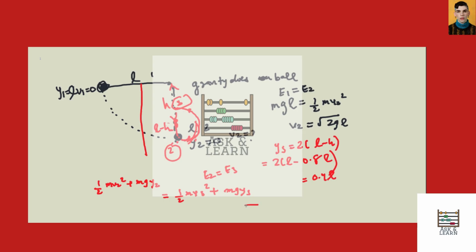Now we'll just plug into the equation. We get half m v2 squared, which was already proved to be 2gL, and y2 is 0 because this is the lowest ground level here. That should be equal to half m v3 squared plus mg times the height, which is 0.4L. If you solve that, you will get v3 as the square root of 1.2gL. So that is the answer to the